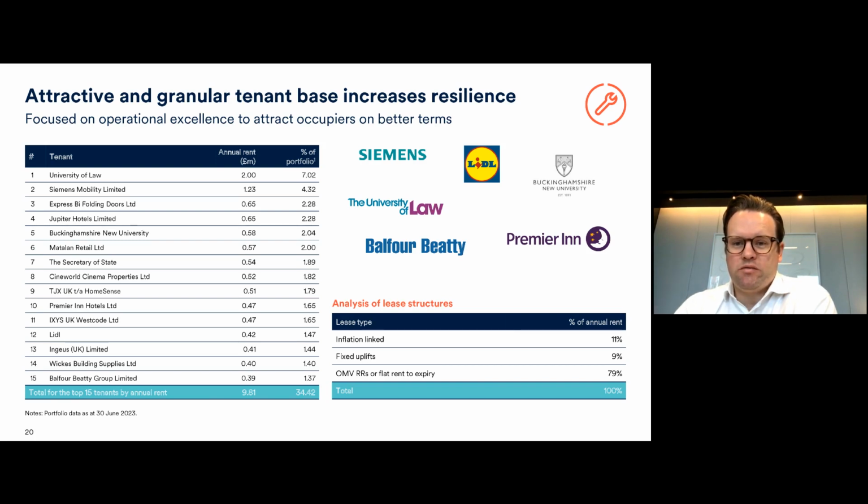A point to note: Buckinghamshire New University are currently on half rent because we re-geared with them. So we agreed a new lease ahead of the expiry of their existing lease. We re-geared with them in October, and this was because there are clearly these structural trends that are adversely impacting offices. So what we wanted to do was lock the university into our office building for a longer period